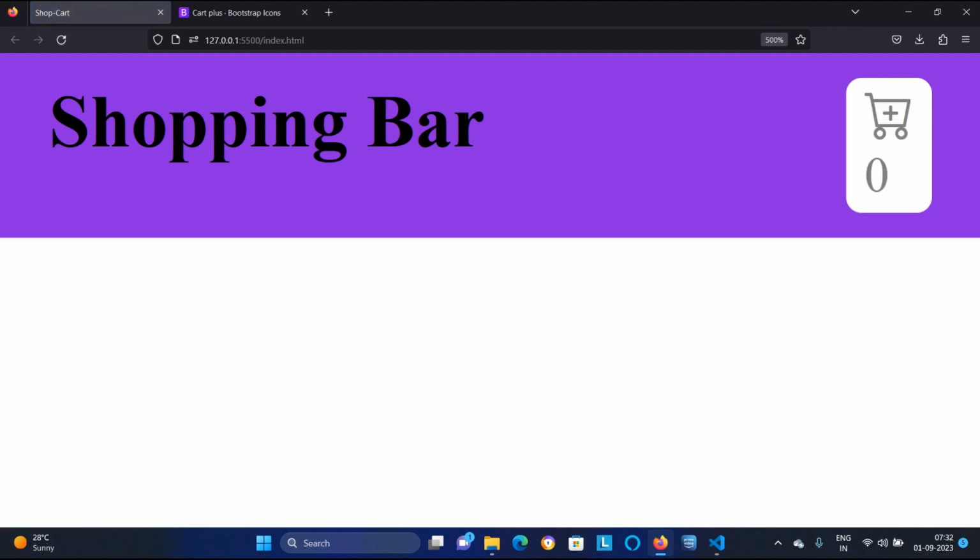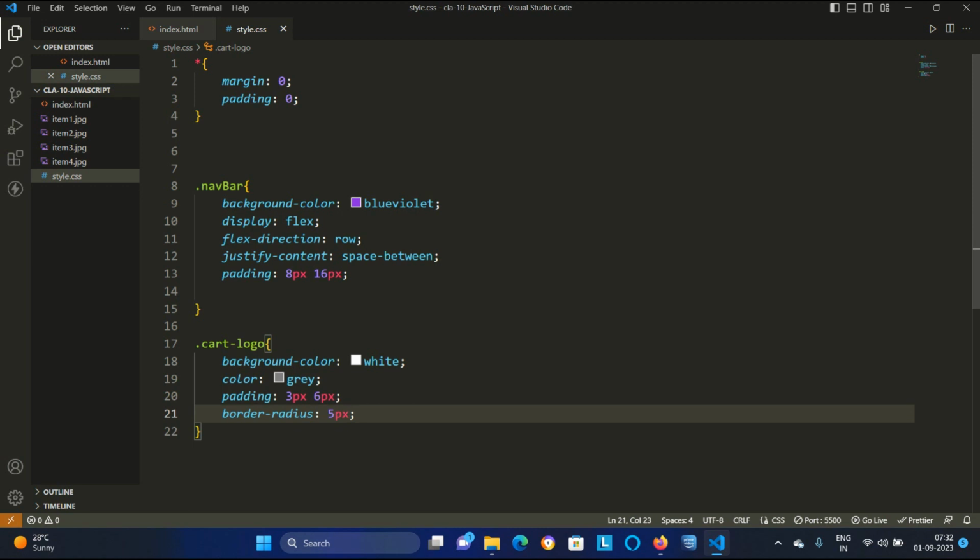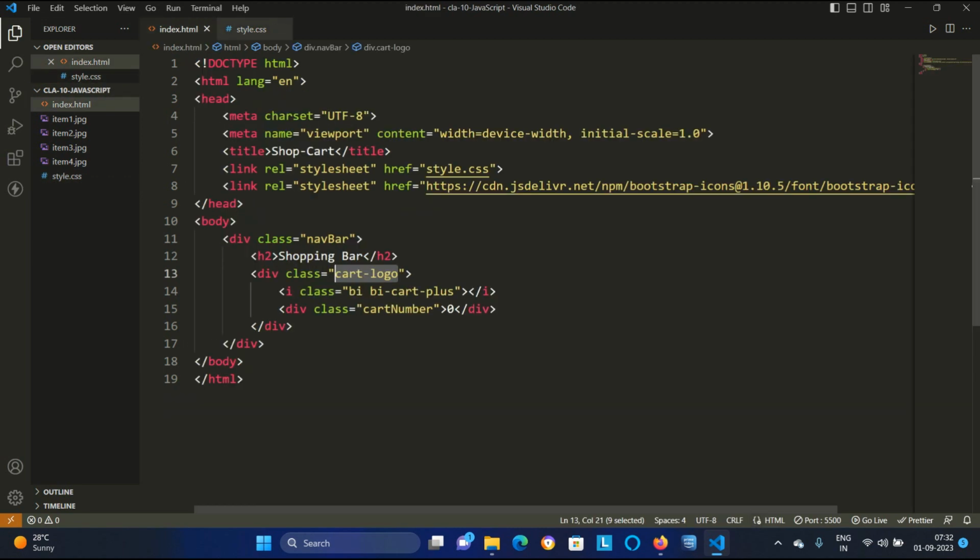Okay, so you are looking, now the sharp edges have gone, and those sharp edges are coming in a rounded way. So these things we will do in this cart logo. So we have successfully styled our cart logo. Now we will come to this cart number.